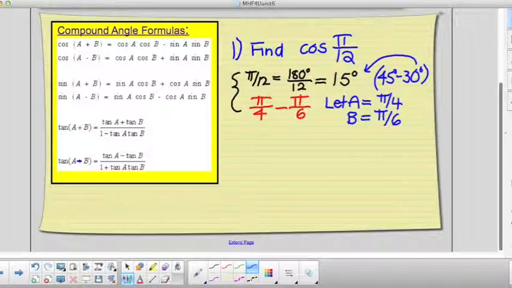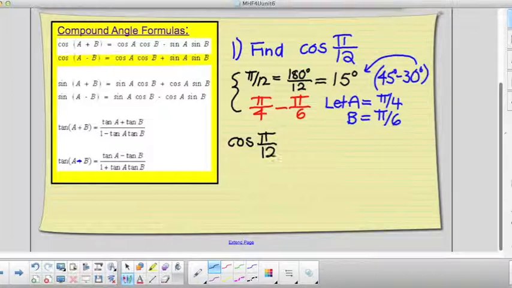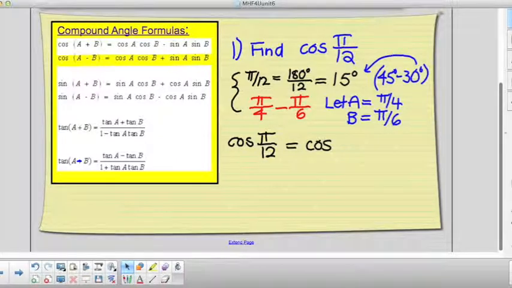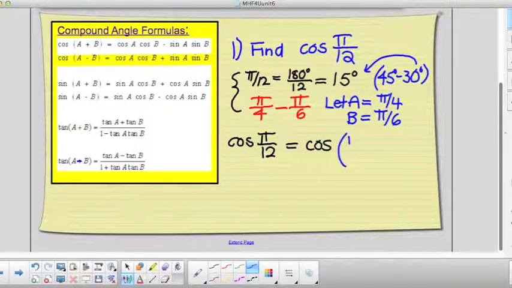And I'm going to use this version of the formula that I'm going to highlight, cos A minus B, because remember, we're trying to find the exact value of a cosine. And now I'm going to just substitute all that information into the corresponding formula. So I know that cos pi over 12 is going to be equal to cosine of pi over 4 minus pi over 6,